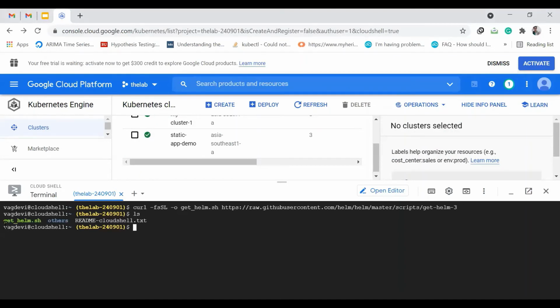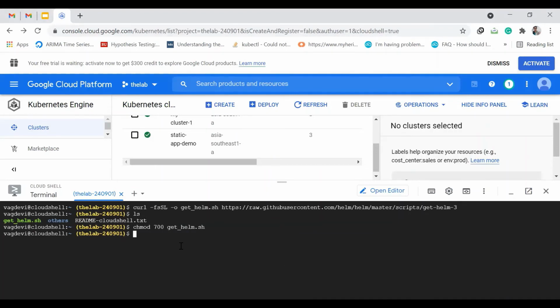In the console, ls. So we can now see this file, which is downloaded upon using this command. Now we shall give it all the permissions for ourselves. So chmod 700, which means you are given all the permissions including read, write, execute. Actually we need the permission to execute, but still we can give this.